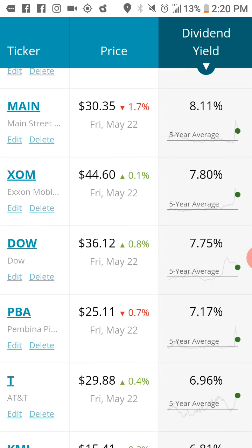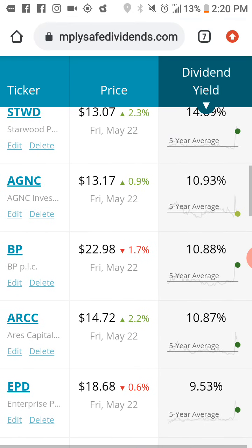Chevron, yeah, another hopefully, I'm sorry, that's Exxon, my bad. And it pays 7.8, and that is paying its dividend. I'm really trying to weed out the companies that have lowered their dividend or are not paying their dividend. And that just shows you when things start going south, what these companies are going to do. They're going to bail out of their dividend, and I don't want to really be holding those companies. So something's really got to say good things for